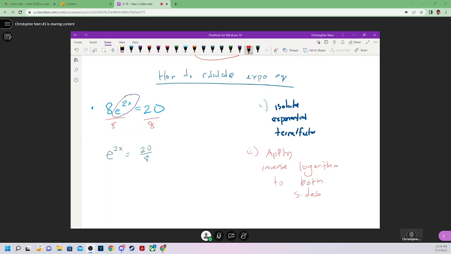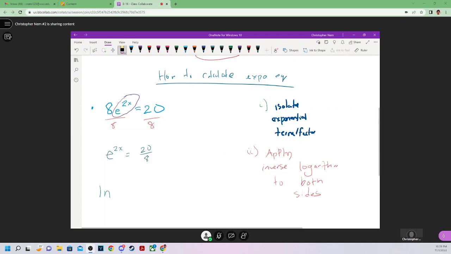I know a lot of us made a mistake on that test when we were finding inverse, and you had to multiply 5 to both sides, and some of us only multiplied 5 to one term. You have to multiply to your entire equation, which means you distribute that 5. So I'm going to apply the inverse logarithm of e to the x, and the inverse log is log base e, or we can say